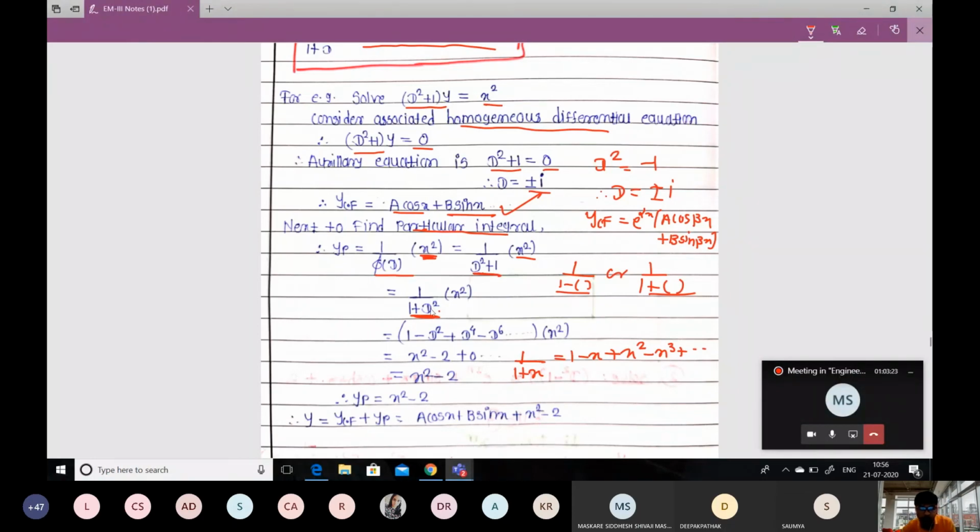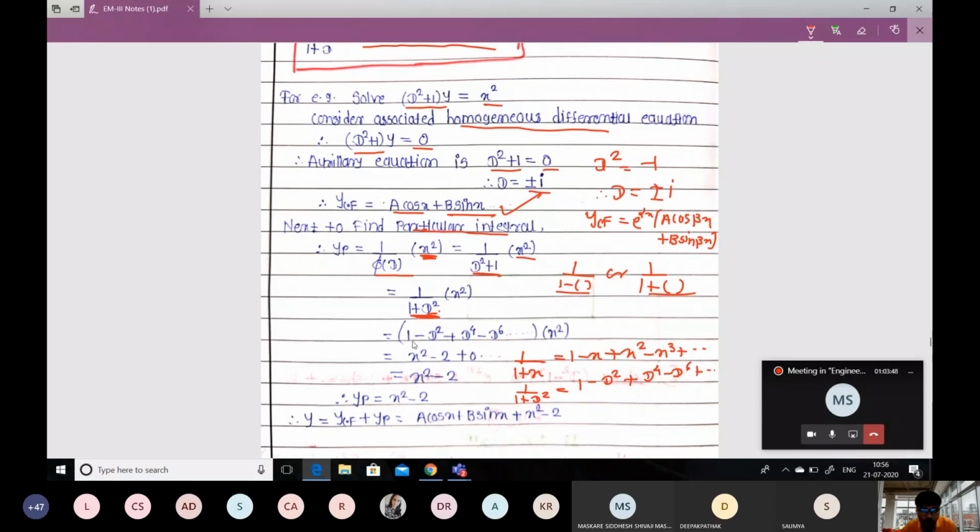Okay, so in this case we obtain D square. So I'm just putting x equal to D square in this formula, and so we get 1 upon 1 plus D square equal to 1 as it is. Okay, corresponding to this x we have the D square term, so minus D square, and corresponding to the x square term, but already there is a D square and it is squared, so it is D to the power 4, and corresponding to the D to the power 6 and so on.